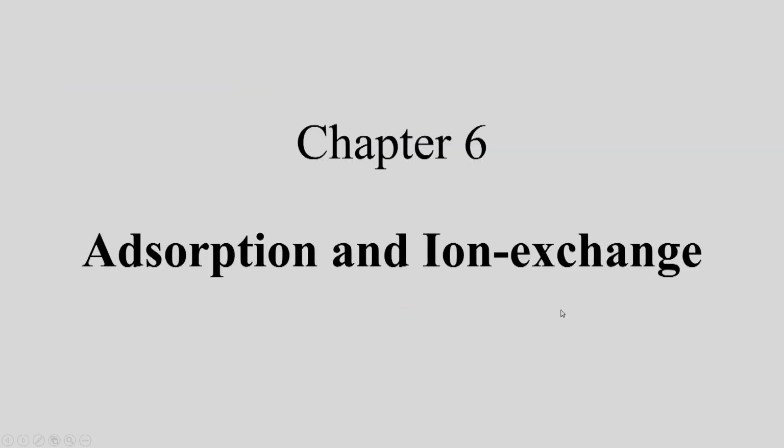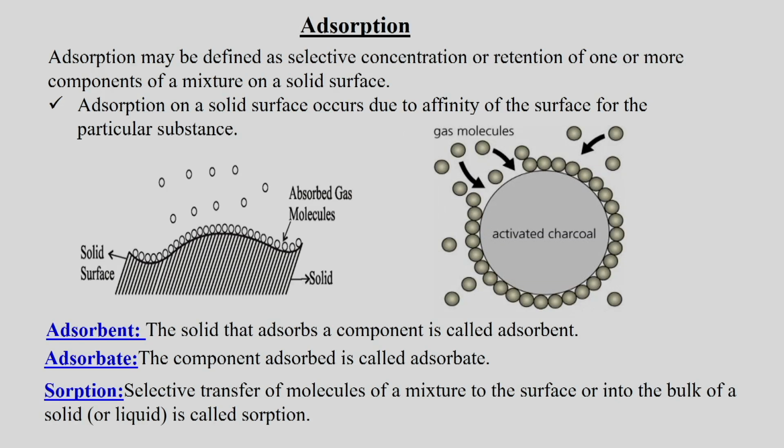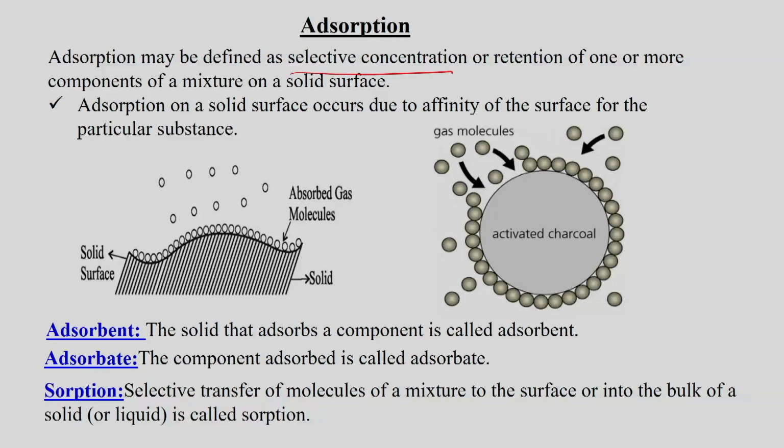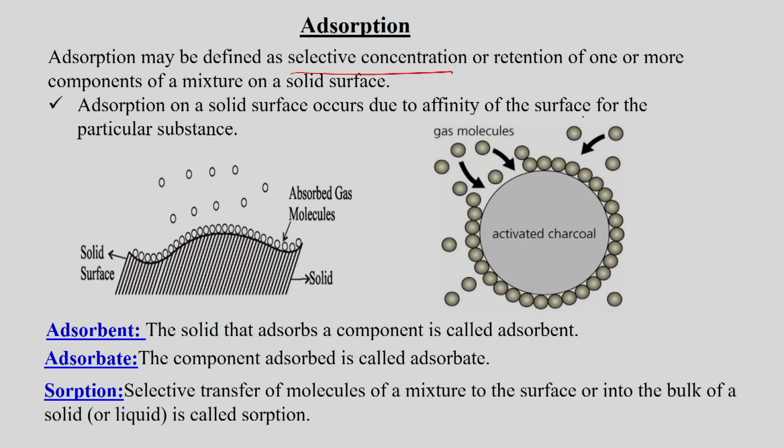And the sixth chapter is adsorption and ion exchange. So, in the adsorption process we explained that this is a surface phenomenon. Adsorption may be defined as the selective concentration or retention of one or more components of a mixture on the solid surface. So, adsorption on a solid surface occurs due to the affinity of the surface for a particular